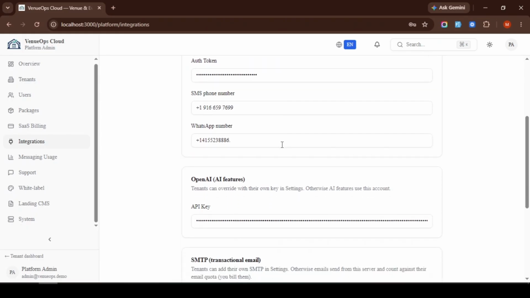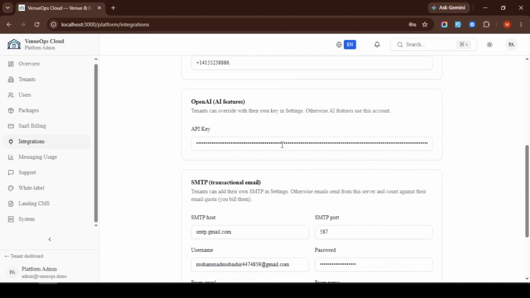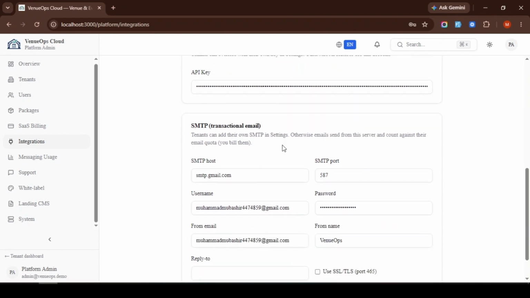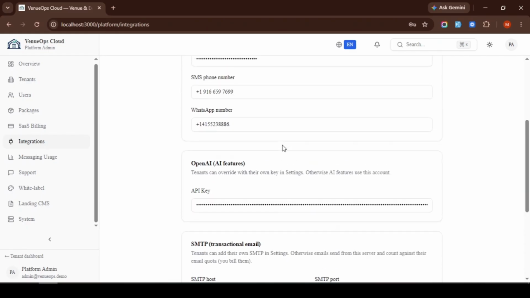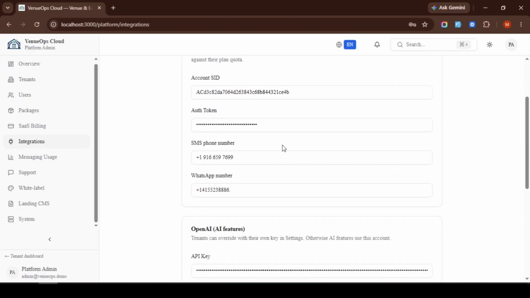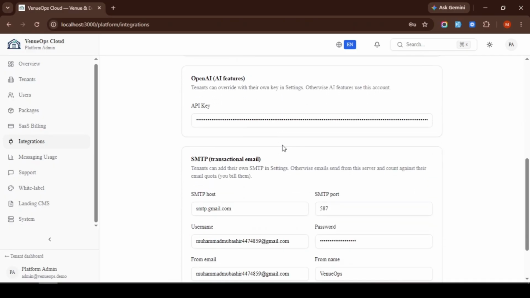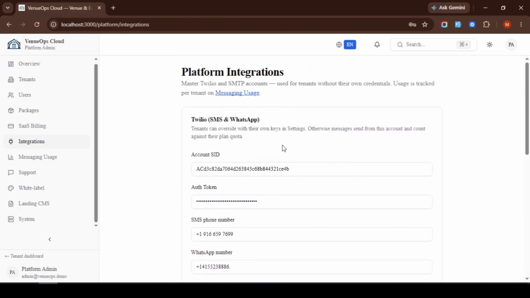Tenant integrations live in settings and belong to each venue. They have 2 parts. On the main settings page, Stripe for collecting payments from their clients, plus optional Twilio and SMTP overrides so they can send SMS, WhatsApp, and email from their own numbers and domain. On Settings, Integrations, Marketing: OpenAI, MailChimp, Meta Lead Ads, and Google Ads for campaigns, AI copy, and automatic lead capture